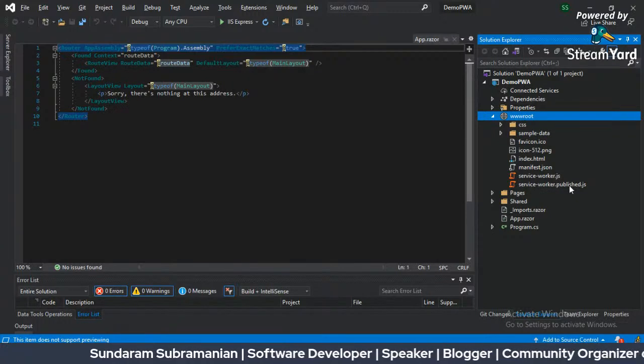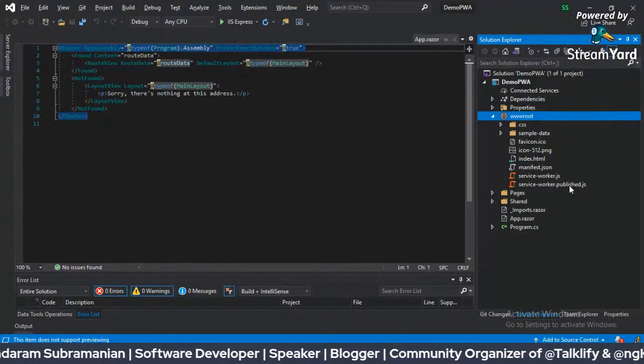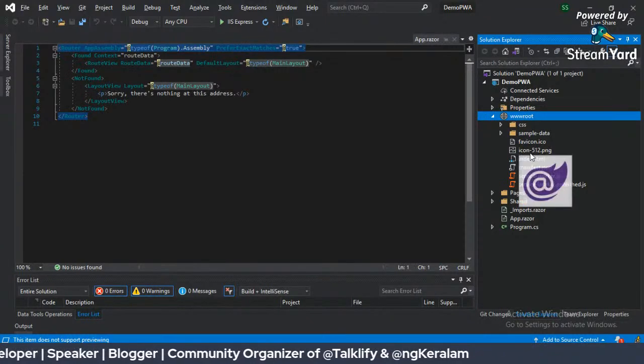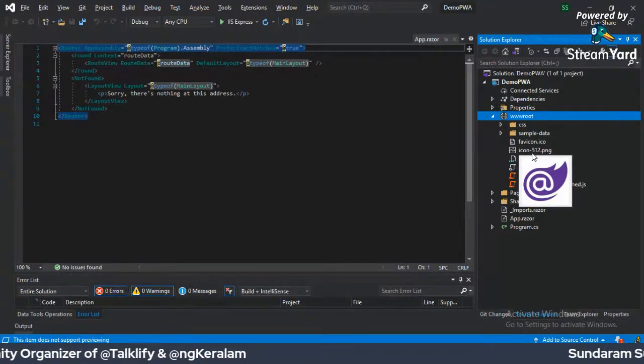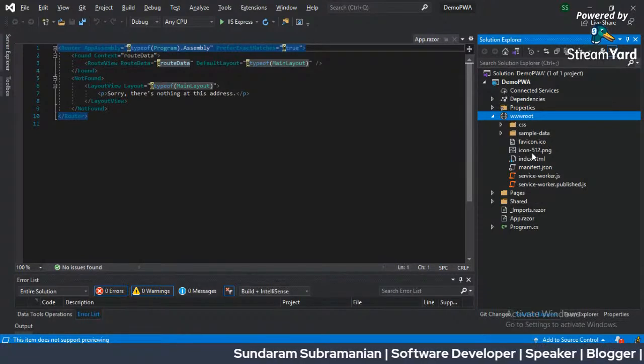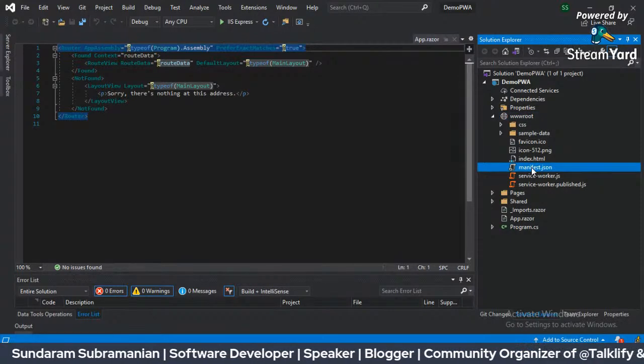So these are the newly added files. icon-512 is the desktop icon or the mobile icon for our application, which is created by Blazor by default. Okay, so now let's look into the